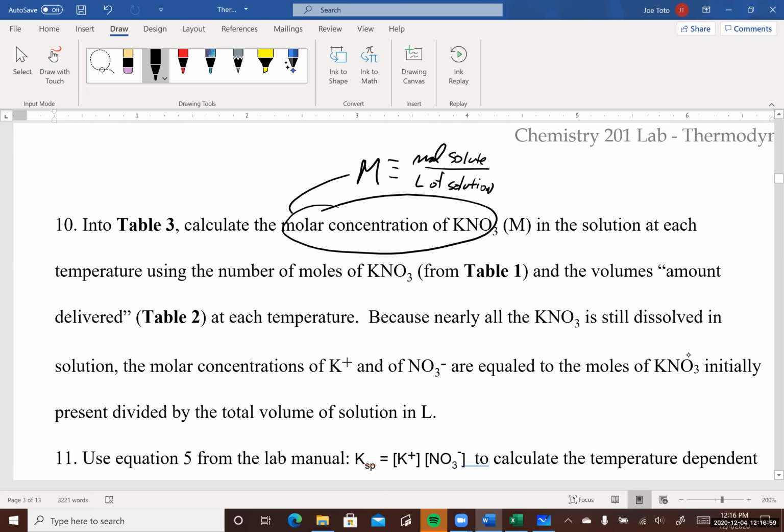This isn't the final minus initial burette reading, because the final minus initial burette reading is just the milliliters of water that's delivered. What we want for molarity is the volume of the whole solution. So that's, of course, that milliliters of water that's delivered, but also it includes the volume of that solute that's dissolved in there. So it's going to be a little bit more, and that's how you calculate molarity. So remember that definition. All right, so we're through